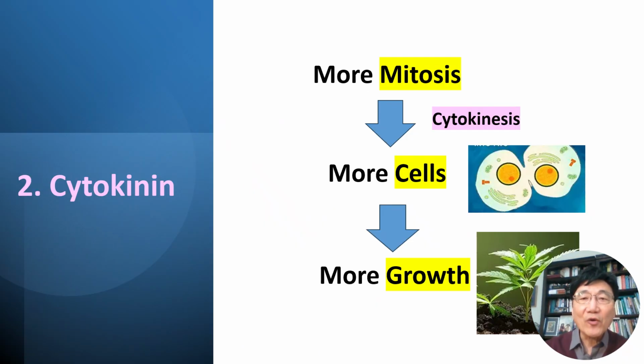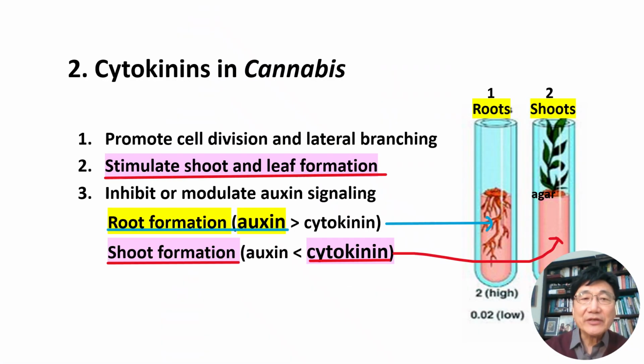Cytokinin is a phytohormone that promotes cell division in meristems. The word cytokinin comes from its role in cytokinesis, which is the division of the cytoplasm during cell division. Cytokinin works together with auxin to promote cell division in meristems. Cytokinin stimulates the development of shoots,